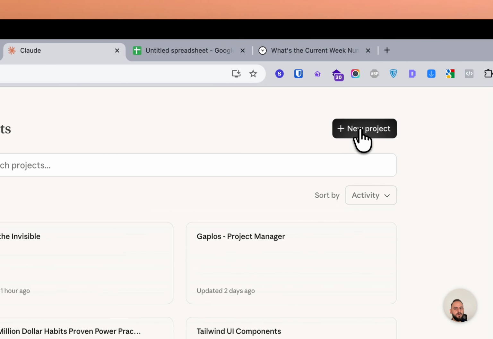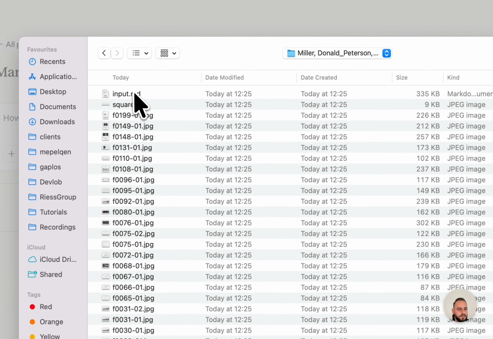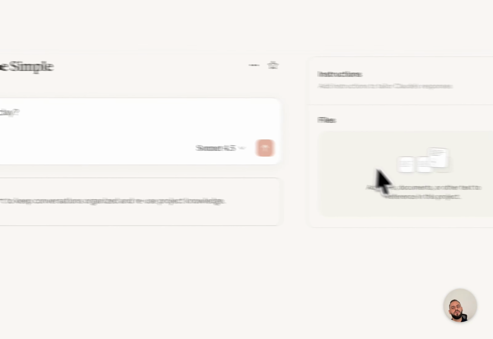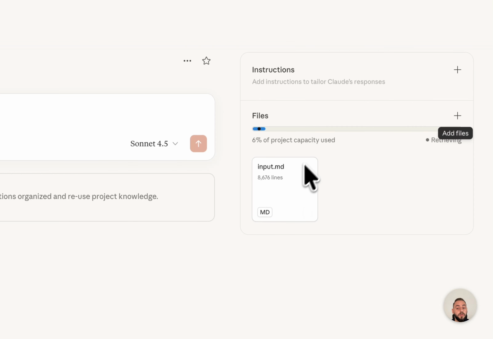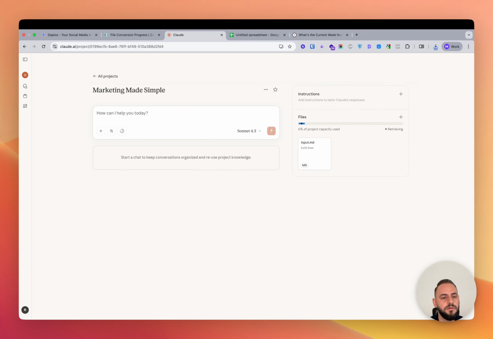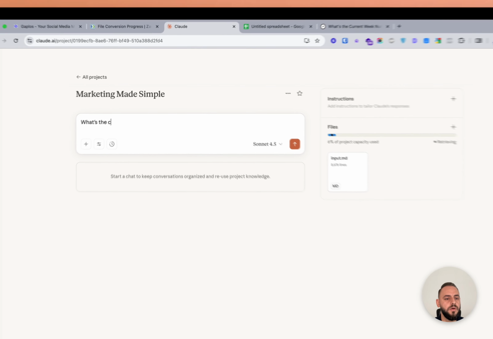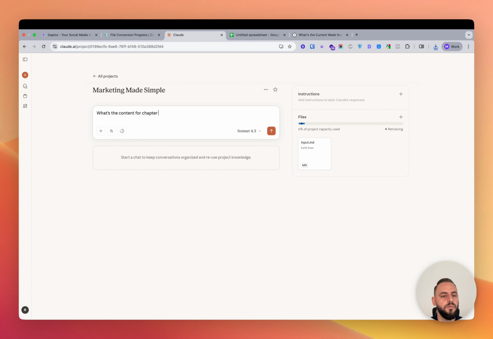So upload from device. And this is a zip file. So let me unzip it. All right. So go back, upload from device. This is the book. And the book must be here, this input.md. All right, so we uploaded the book to this Cloudy project, and what that means is that this Cloudy project now knows about the book. So if I ask it, what's the content for chapter 1 in 5 lines,